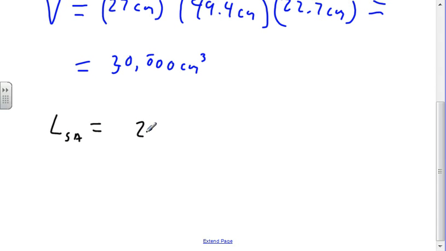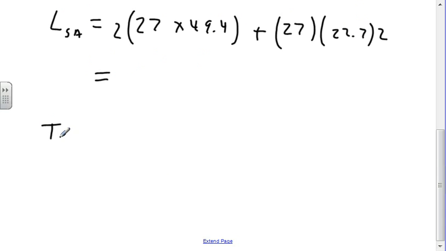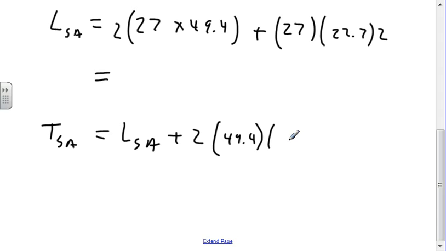So that'd be 27 times 49.4 times 2, because I have front and back. And then I've got this guy on the side, 27 times 22.7 times 2, because I have front and back. And when I want total surface area, I'll take the lateral surface area, and then I'll add 2 times 49.4 times